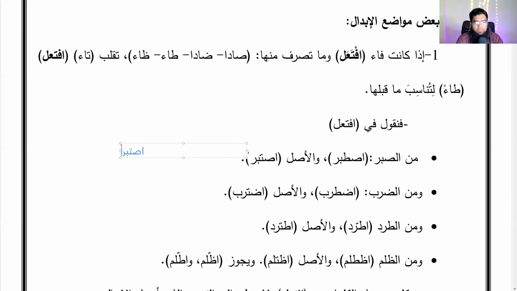Istabara. This was form 8, right? From sabara. Where's the fa kalima, ain kalima, lam kalima? See, Madina books, you'll appreciate it here because he's included so many things. Then this will become istabara. That's why Sheikh says it's equal to doing 40 books, Madina books of Sarf. Istabara. This is called Ibdal.